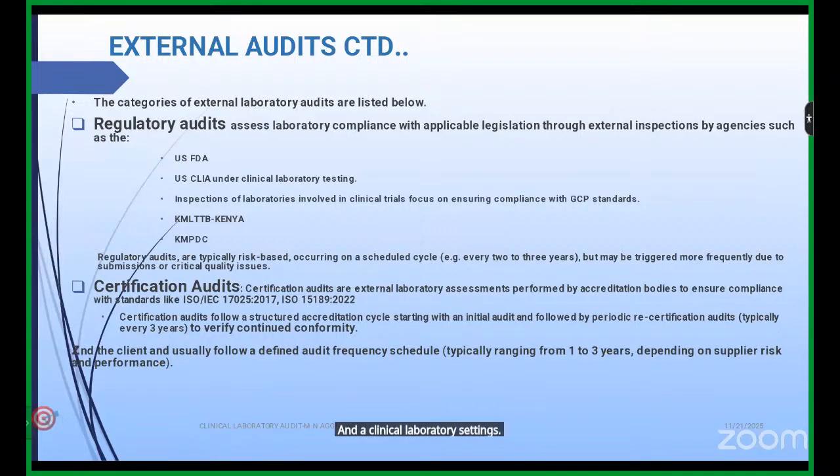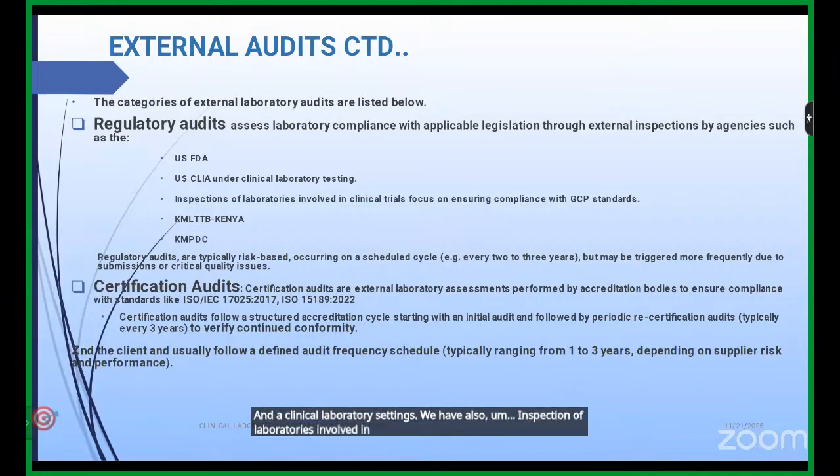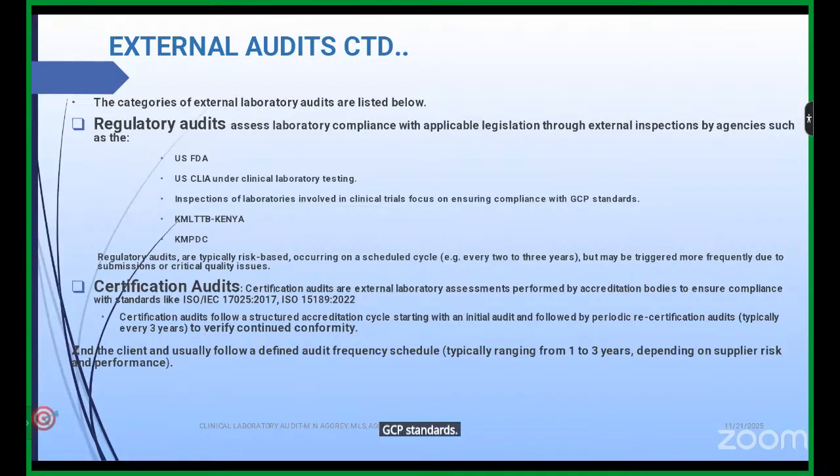We have also inspection of laboratories involved in clinical trials, focusing on ensuring compliance with GCP standards. We also have KMLTTB Kenya, which can also involve itself in regulatory audits. KMPDC, especially for doctors, can involve itself in regulatory audits. So these are usually the regulatory bodies that are checking